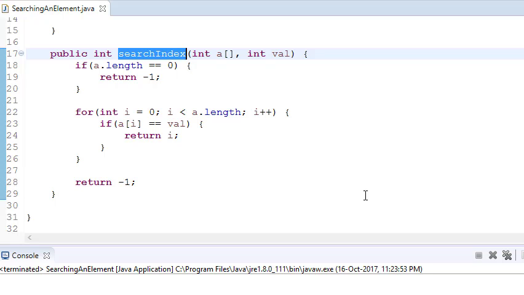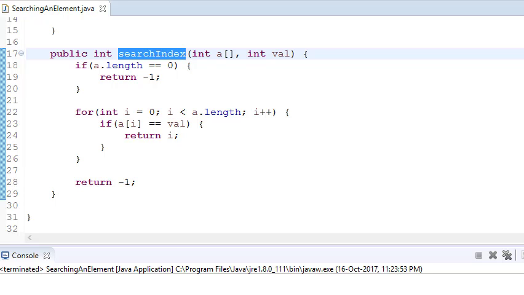And we have a better approach which we'll see in the next tutorial, where we'll have binary search. In binary search, if you have a sorted array, then you can search an element in log n, or big O of log n. That we'll see in the next tutorial. First let's focus on this one.